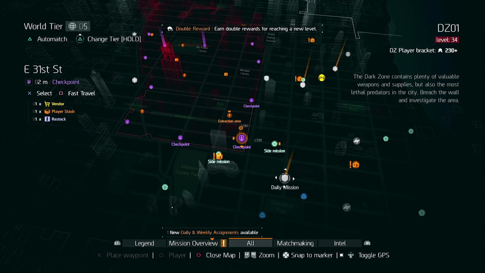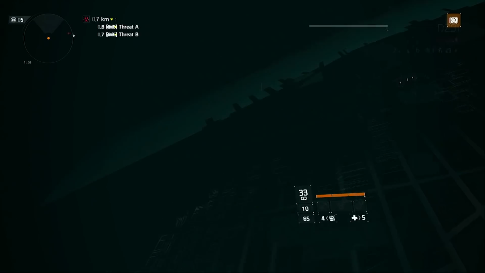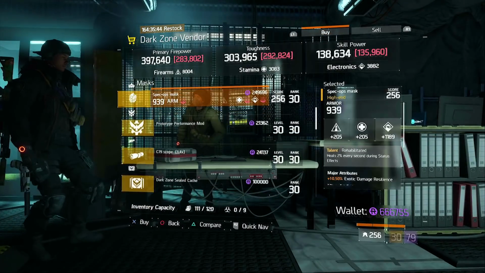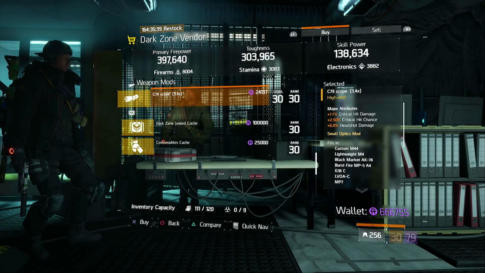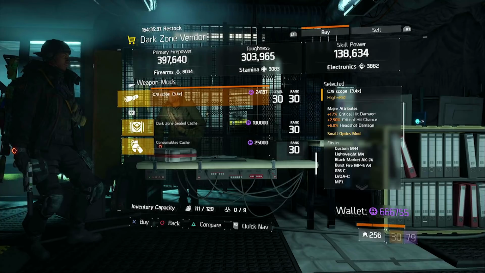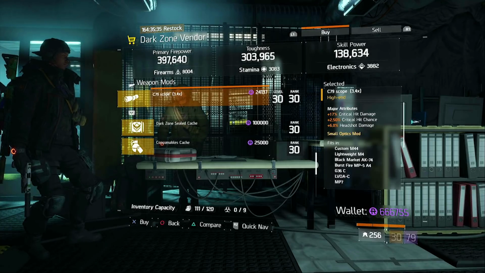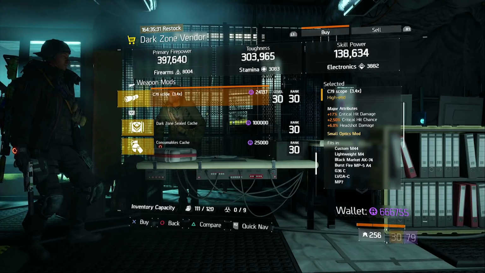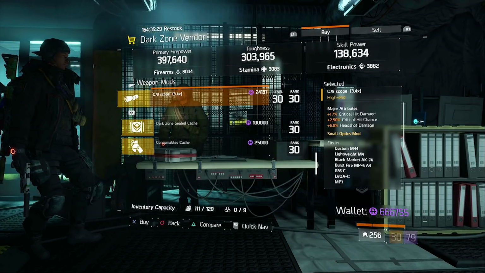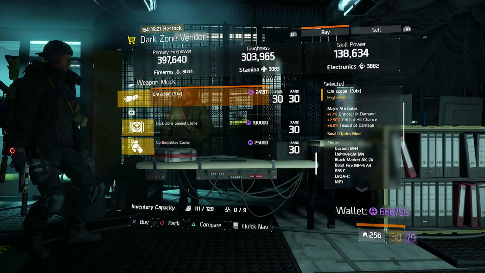Over at East 31st Street, it seems like this week is a lot of little small things that are coming in nice little packages. We've got the C79 3.4 times scope, 17% critical hit damage, 2.5% crit hit chance, and 6% headshot damage. So if you are looking for